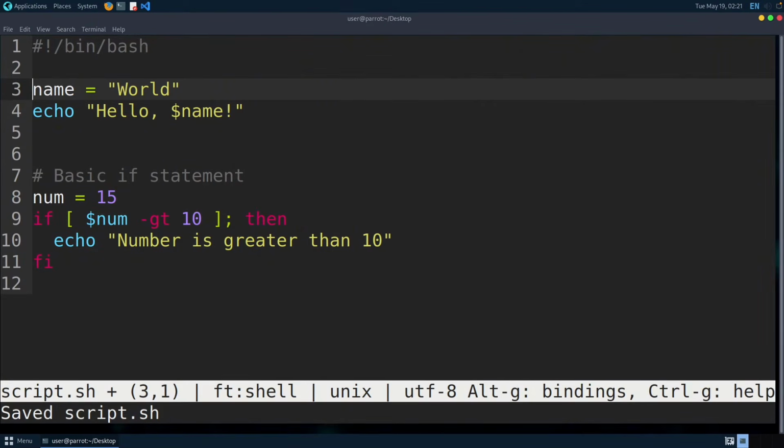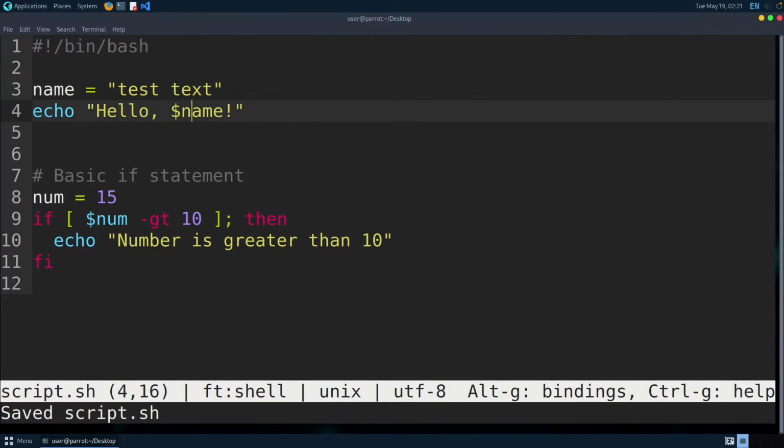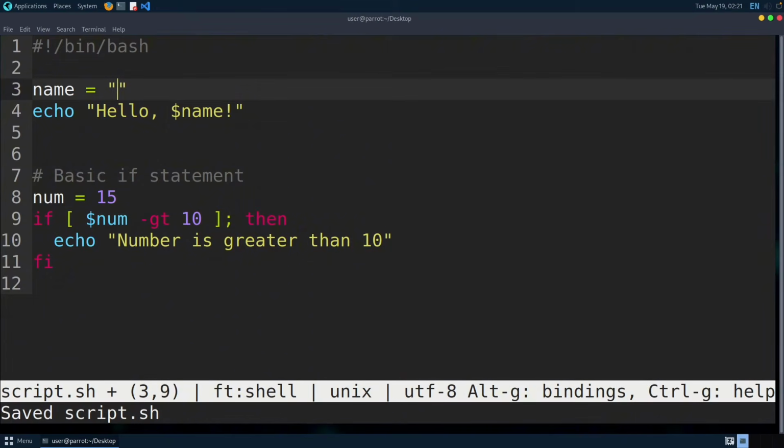We can call a variable anything. So for example, this is a variable called name. Name is equal to a string, which is world. This could also be anything: test, text, right? Echo hello name. So it's just going to echo hello and then the variable, which is this. Hello test text. Let's actually change this. Say hello Declan